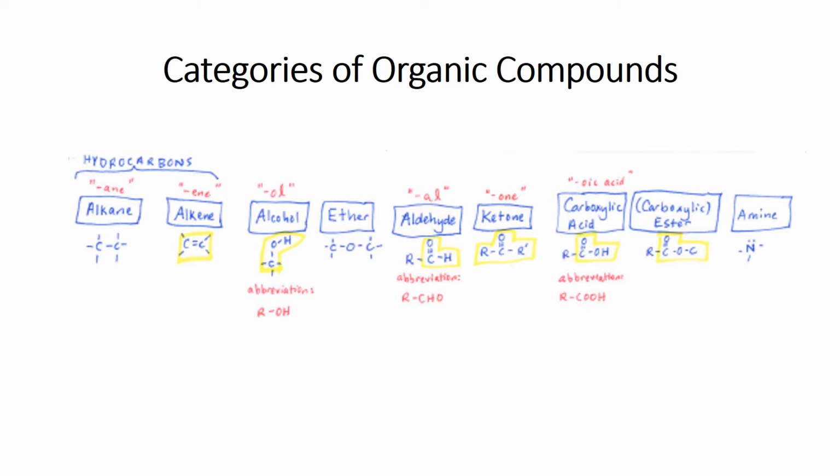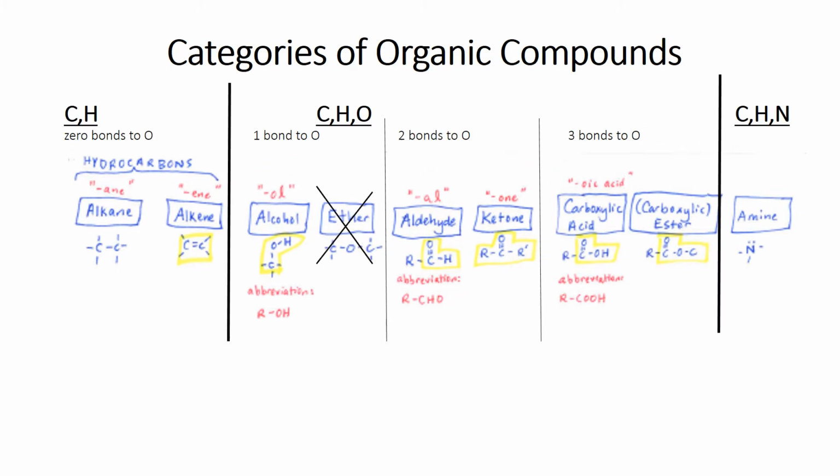Often these are called functional groups. And I've listed all of them here, alkanes all the way over to amines. I'd like to categorize these a little bit more though, these different functional groups. Specifically, I'd like to categorize them by looking at how many bonds to oxygen is being made by carbon in that compound. As we'll see in just a moment, that's a key part of understanding the oxidation of these compounds.